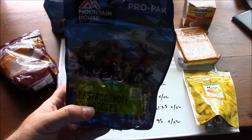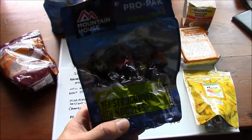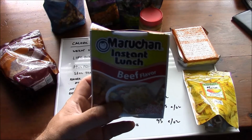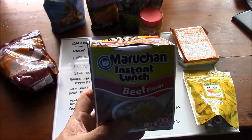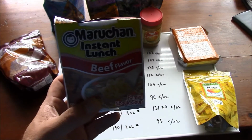Your quintessential dehydrated food, your Mountain House meals right here. This Mountain House meal is 520 calories, giving it a value of 104 calories per ounce. Instant lunch, which in my opinion is the most palatable of the ramen noodle varieties. There's 290 calories in this container right here, giving it a caloric density value of 96 calories